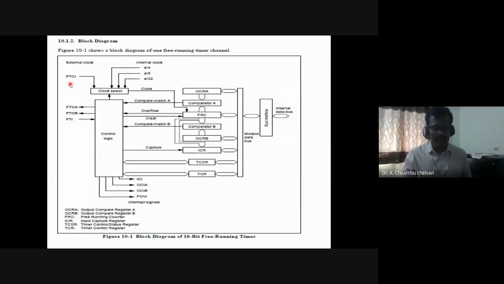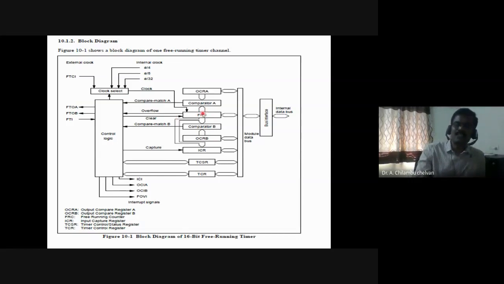For example, a document or a website should be opened. A website should be opened within 10 seconds. I repeat, a website should be opened within 10 seconds. So the count value for 10 seconds is loaded in the register. It's a preloaded count value, or we can say it is a target value. This is the count value for 10 seconds. When someone tries to open the website, the counter starts its operation.